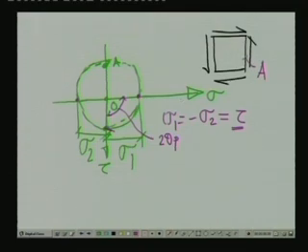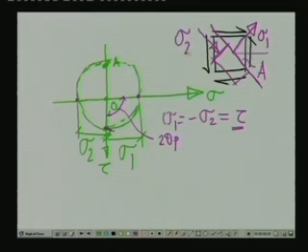So, with respect to this, if we draw a normal which is at an angle of 45 degree, the plane on which the maximum normal stress acts is this, and the maximum normal stress is equal to sigma 1, which is equal to tau, and the other normal stress sigma 2 will be acting in a plane which is perpendicular to this, but in the opposite direction, which is sigma 2 is a negative